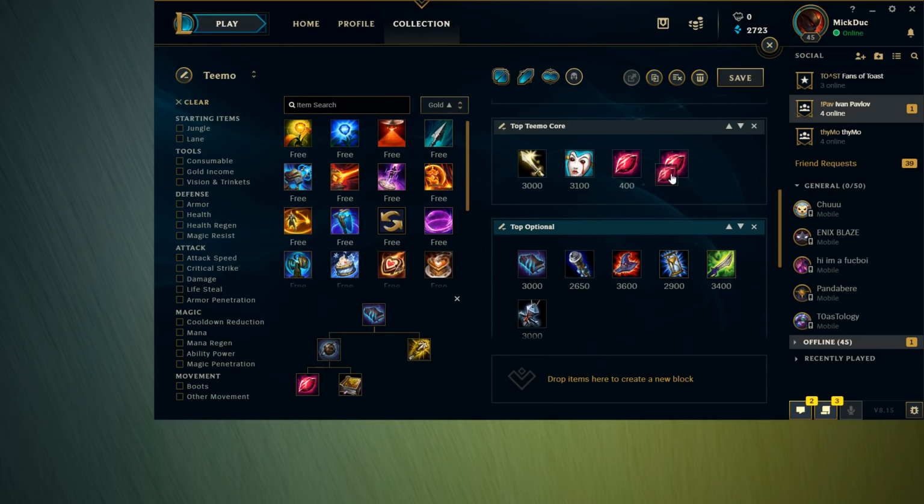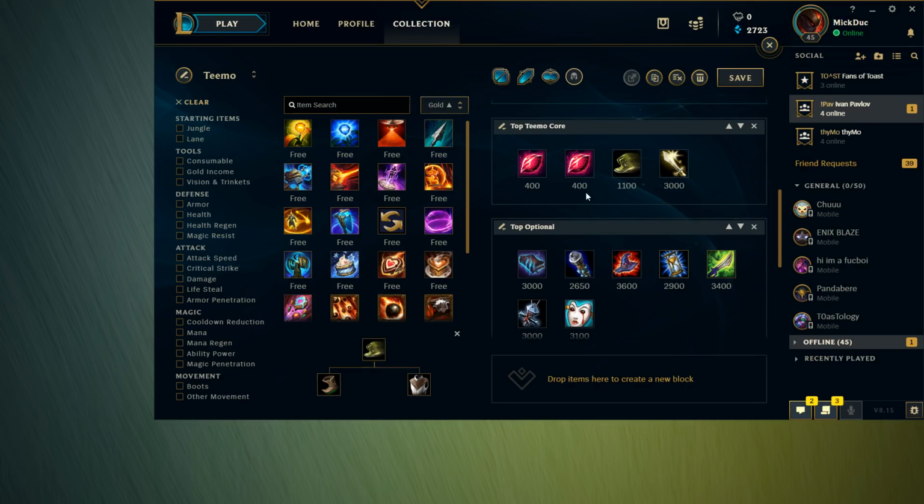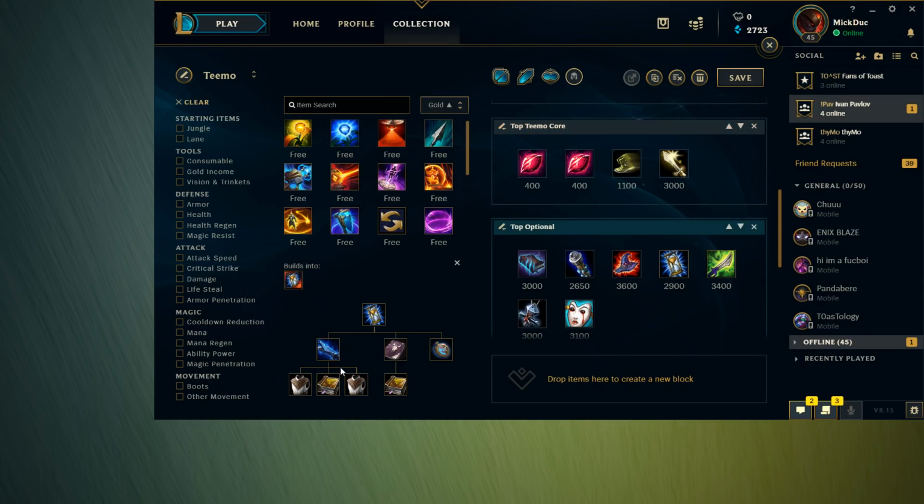Currently, I run a double Ruby Crystal. Double Ruby Crystal first, and then I work on Nature's next time. So double Ruby plus Ninja Tabi against Aurelia, Riven, Jax, Renekton, Wukong, those types. I buff up my tankiness and then work on Nature's. If possible, you could also build an Armguard, which will give you more tankiness against the